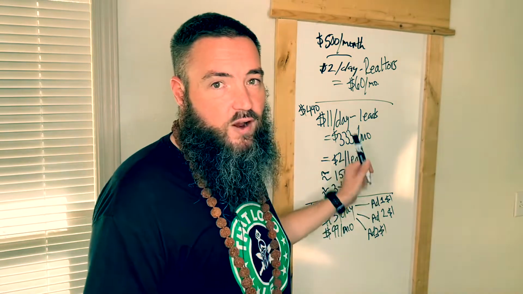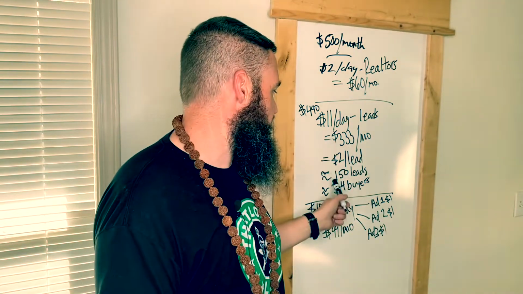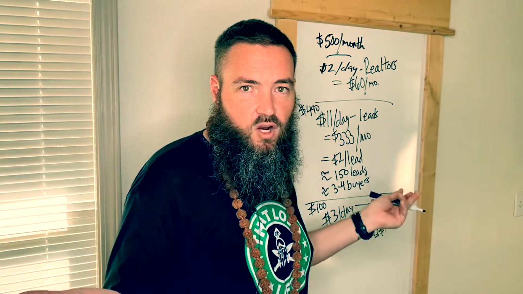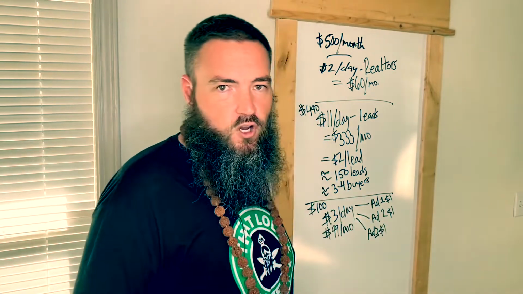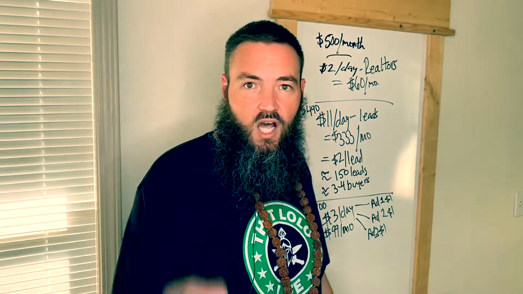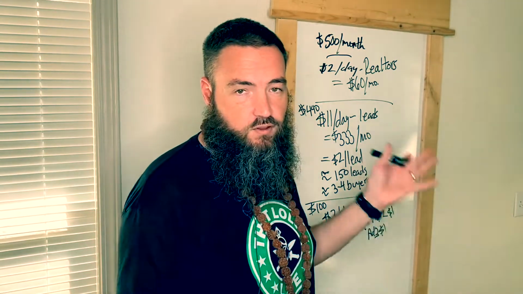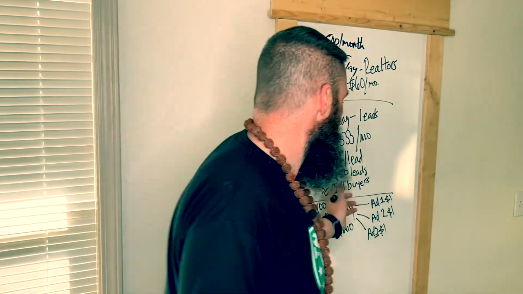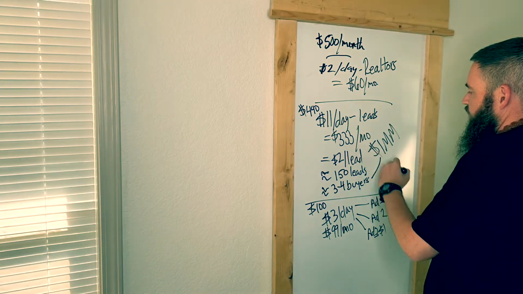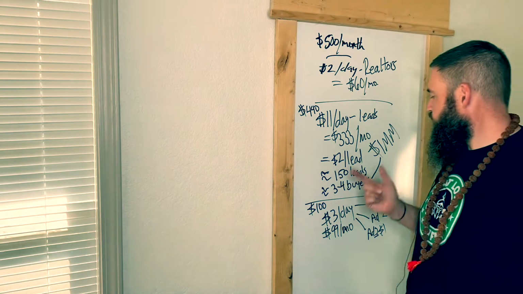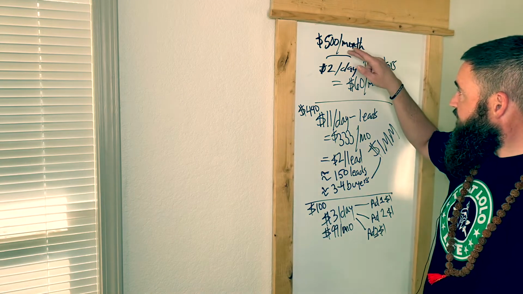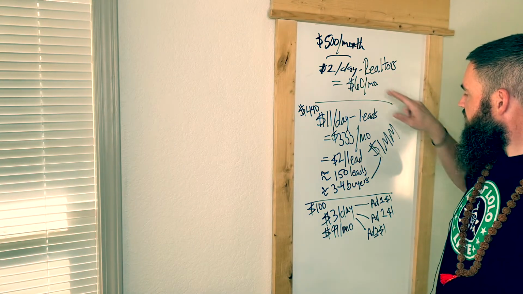So if we assume a really terrible closing rate of 2 to 3%, we're at 3 to 4 home buyers. What is a normal price in your market? On a national level, I keep hearing that it's $408,800. Personally, I think that's high because I deal with a lot of loan officers in the 250 to 300 range. So even if you went on a 300,000, we're talking about easily $1 million. That's $1 million right there, okay? So if you could close $1 million for every $500 in ad spend,